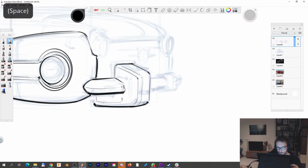And wherever you also overlap, make sure that you have a little bit of a thicker line weight, so it's understandable what's